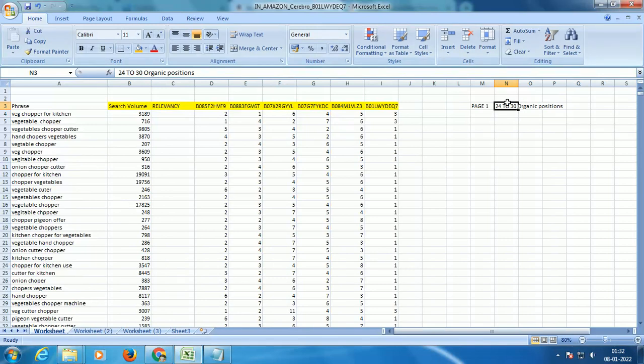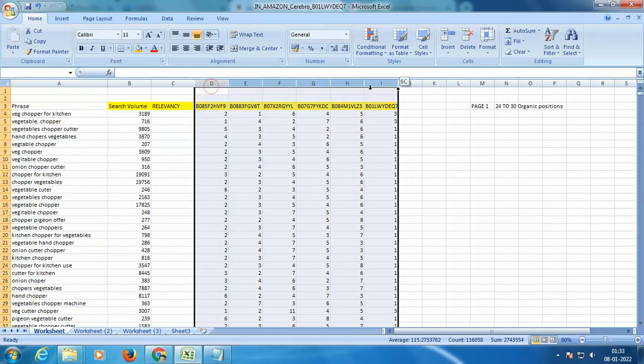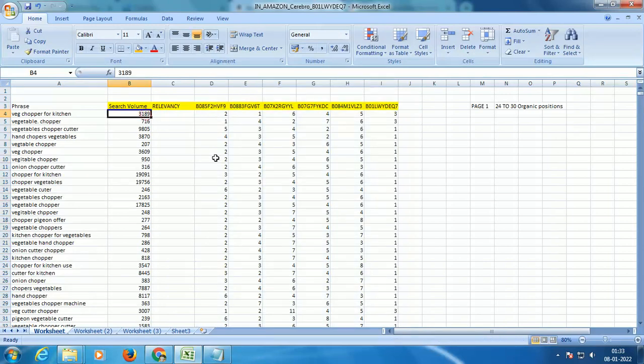Now what we are trying to do is, for this specific keyword, see how many of these competitors are ranked under 24, or under 20, or under 30. For our demonstration purposes, let's go with 24. I want to know for this specific keyword how many among these 6 competitors are ranked under 24. What it literally means is, if they are ranked under 24, they are on page 1. If they are on page 1, they are capturing this market. They are getting almost 3000 searches a month.